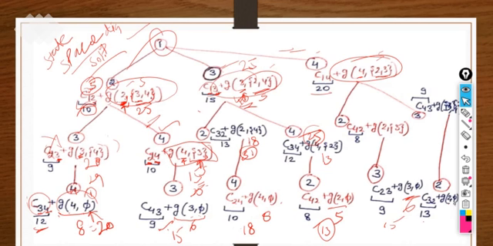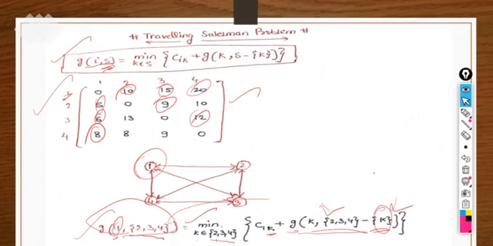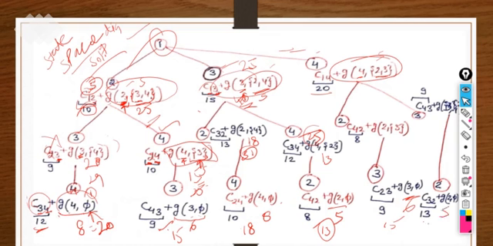Next, 13, 2 null. That means 2 1 is there. What is the value of 2 1 here? The value of 2 1 is 5. So what is next here? 2 1 is 5. 13 plus 5 is 18. 15 is passed over here. 18 is passed over here, right?